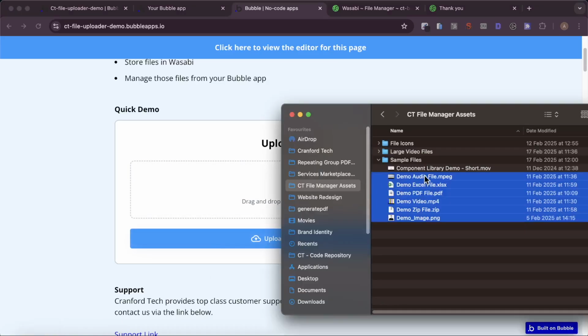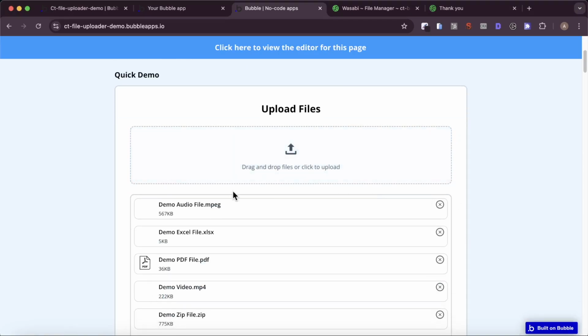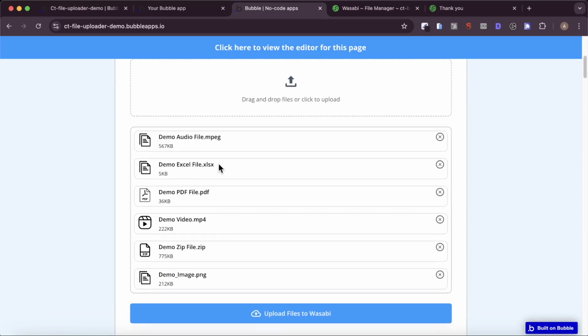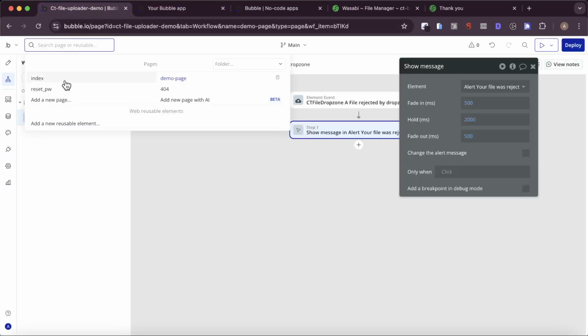So for example, if I drag all these in, then they start to appear. You'll also notice in this example here, it's a bit more built out in the sense that we have the file name, but we also have the icon. We also have this file size in kilobytes. So just to give you a sense of how that's built, if I go back to my index page,